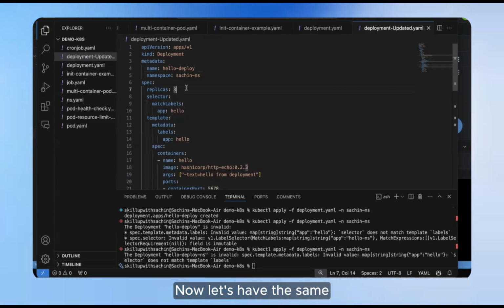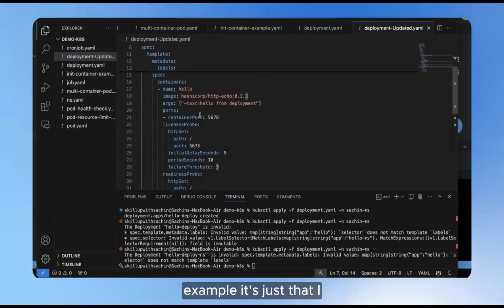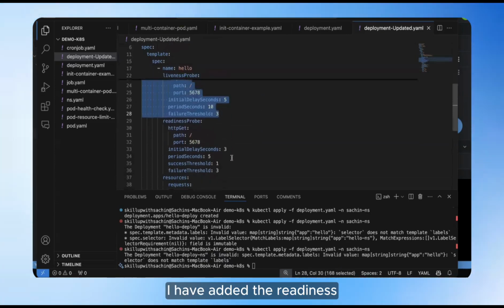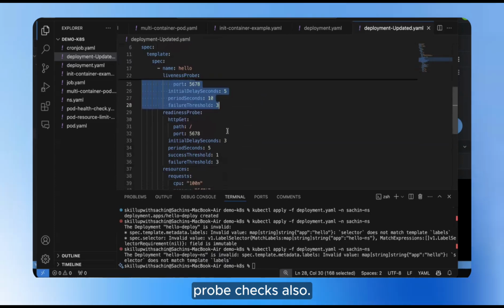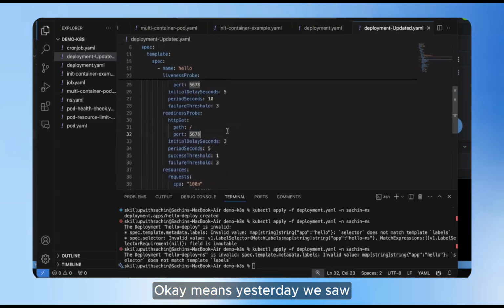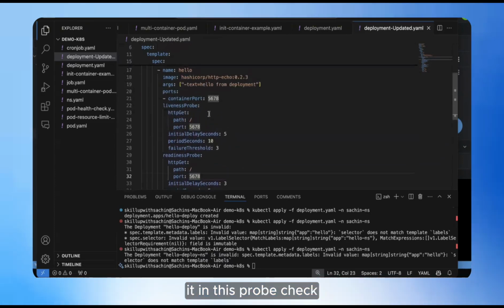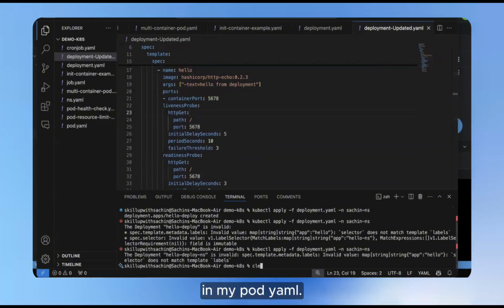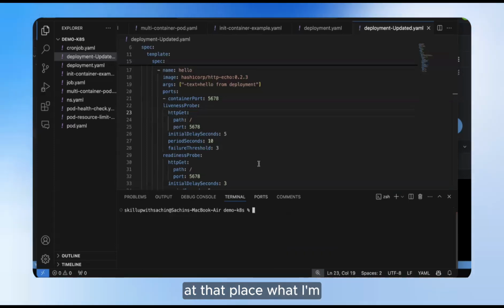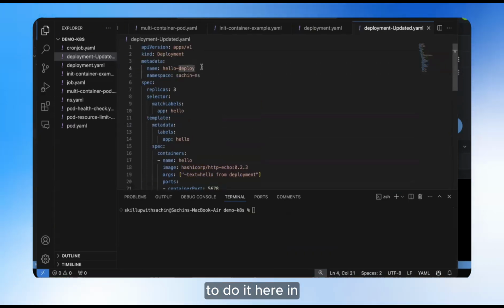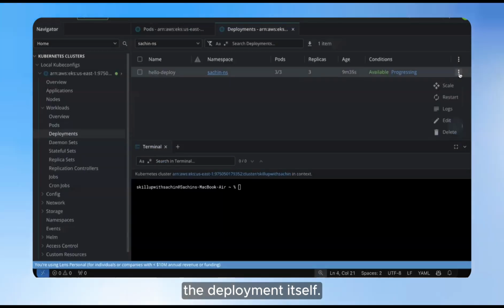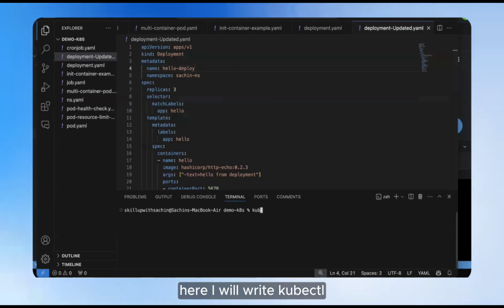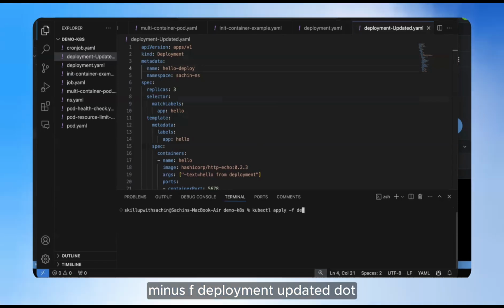Now let's have the same example. It's just that I have added the liveness probe checks. I've added the readiness probe checks also. Yesterday we saw how we added this probe check, this health check, in my pod YAML. Now instead of doing it there, I'm going to do it here in the deployment itself. I'll delete this deployment and here I will write kubectl apply -f